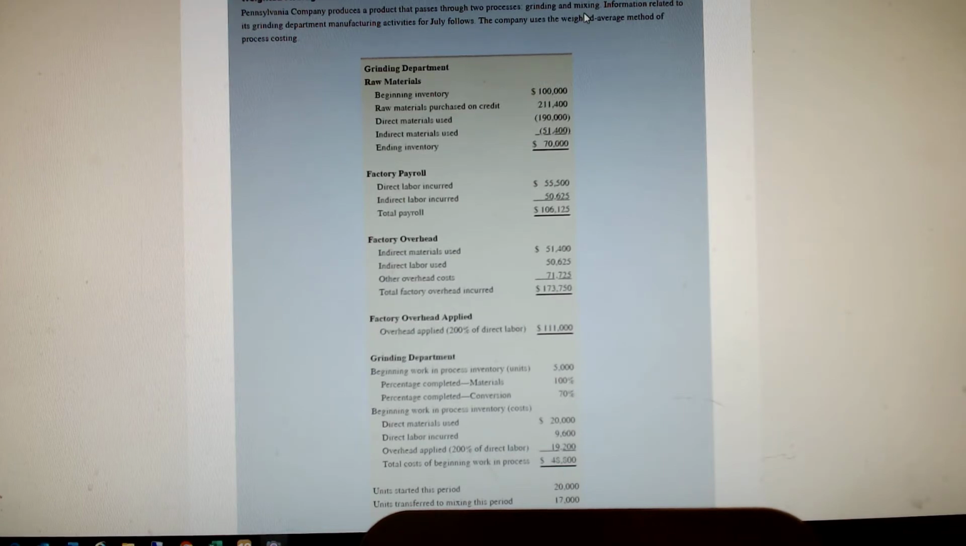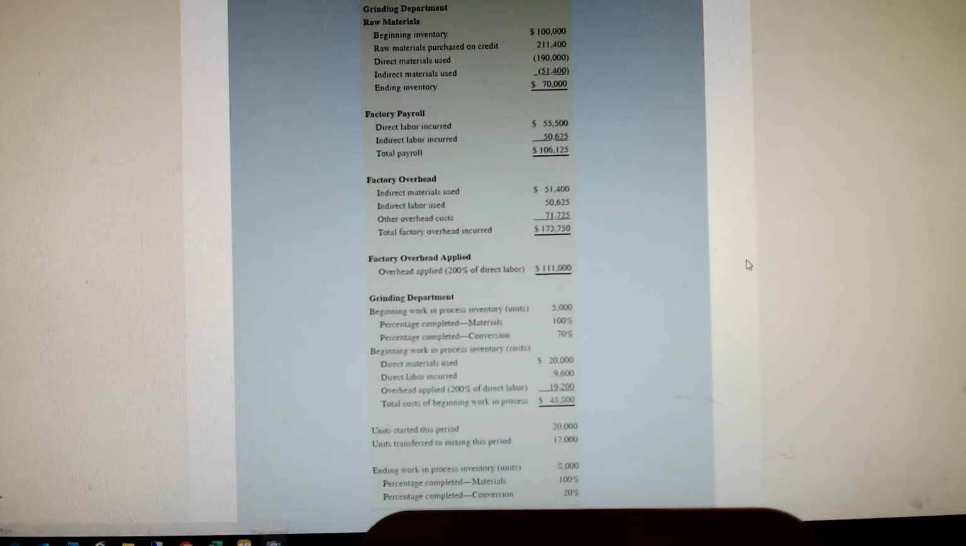And like I said, we're only looking at one department, just one department. So they can say it has 20 departments. Don't let that scare you because we're just going to do the analysis on one. Notice that in this one, we're doing it on the grinding department. It says the information for July is as follows. And they give us a lot of information here, and they want us to produce a